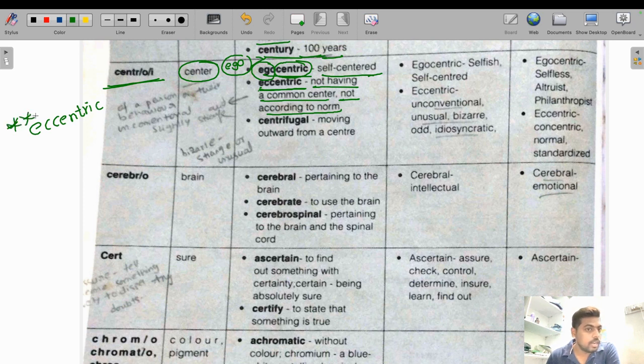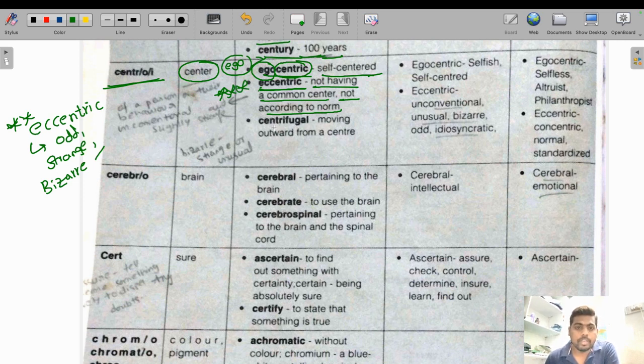So basically eccentric means, if a person is eccentric, you can say that person is different from the common man, means that person behaves in an odd way. So that's what eccentric means. Synonyms are odd, strange, bizarre. So these are some of the meanings for eccentric. This is an important word. You can make a special note of this one.